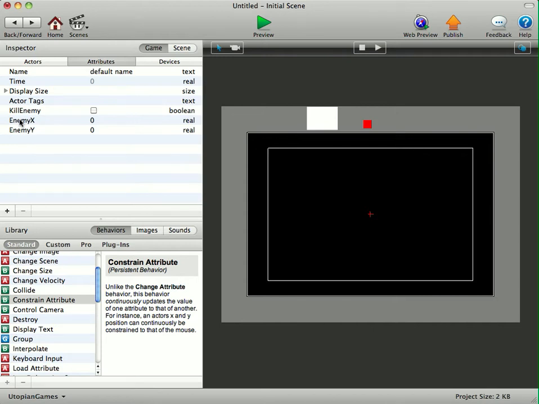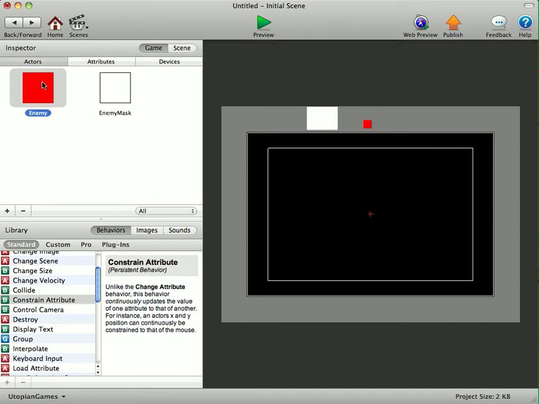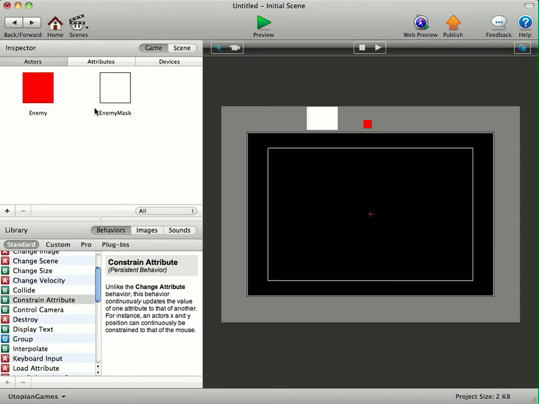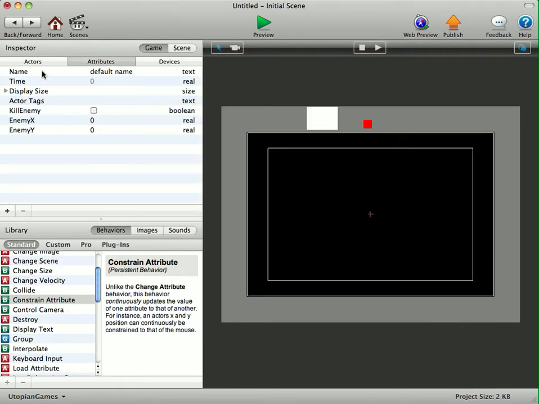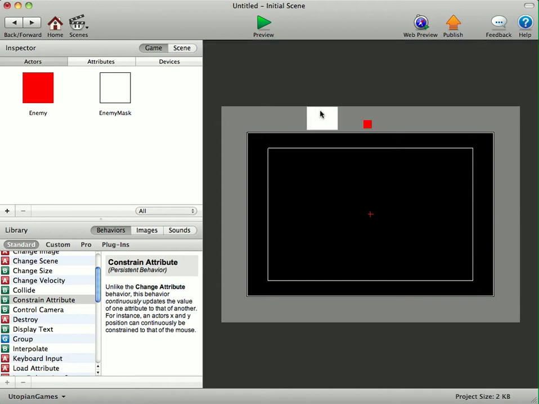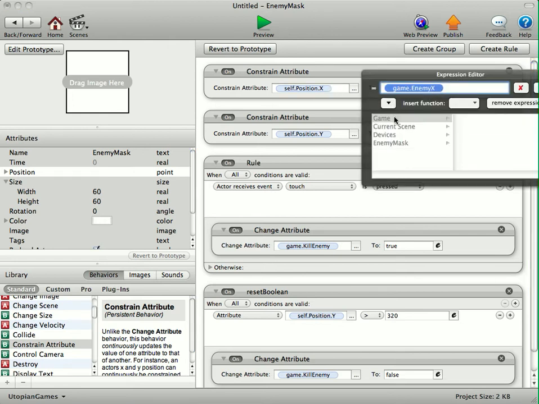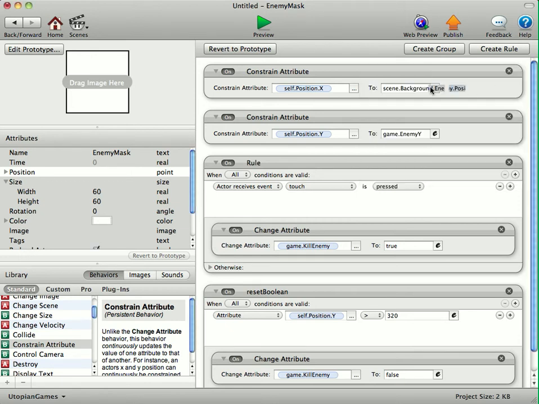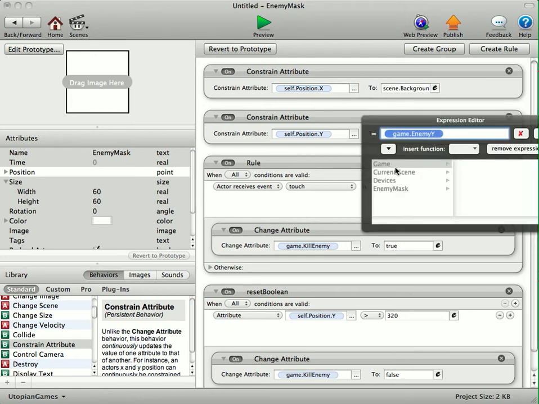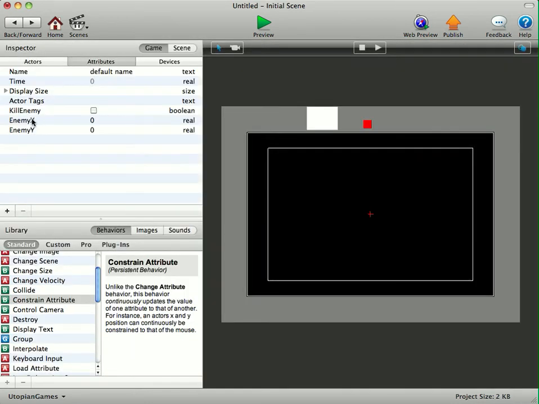You see here we've got some attributes, enemy X, enemy Y. We've got the enemy here with constrain. You don't actually need those two attributes there, and you don't actually need the two constraints in the enemy. Double click, unlock it on the mask, and then we're going to go, instead of constraining to game enemy X, we're going to go current scene, layers, background, enemy, position X. Now you must unlock the actor to do this. I'm just going to go current scene, layers, background, enemy, position Y. Now I'm going to get rid of both of those